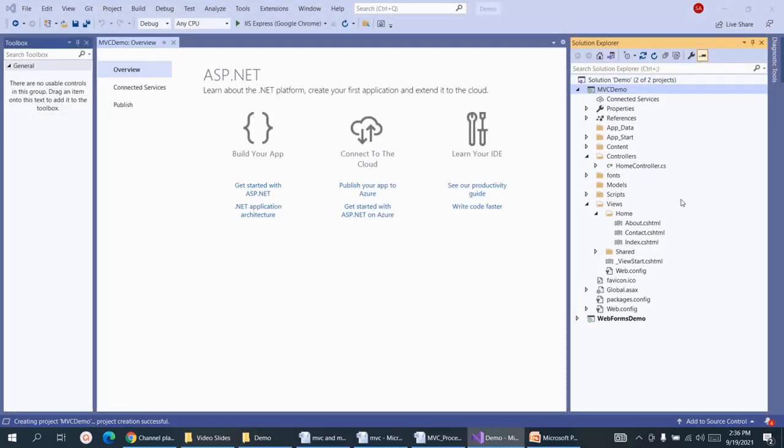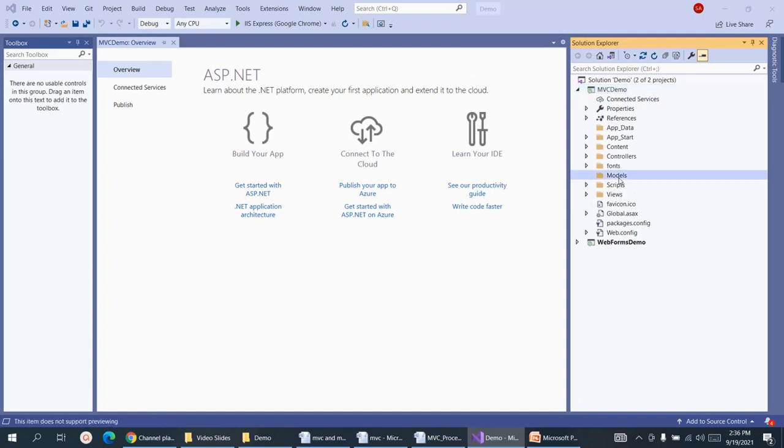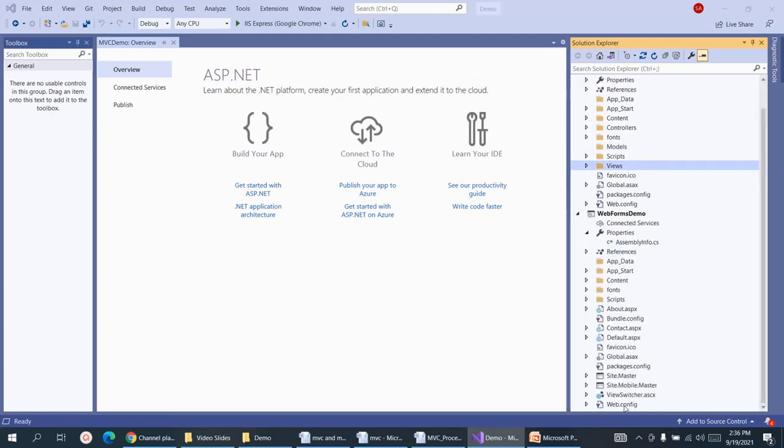In an MVC type application, we will have some default files, the home controller as well as the views of the home controller. Now I will explain the folder structure. So this is the MVC application. We will have the models folder, controllers folder and views folder. Just as we had a web.config file in web forms, the same web.config will be available here, as well as the packages.config, global.asax, and the favicon.